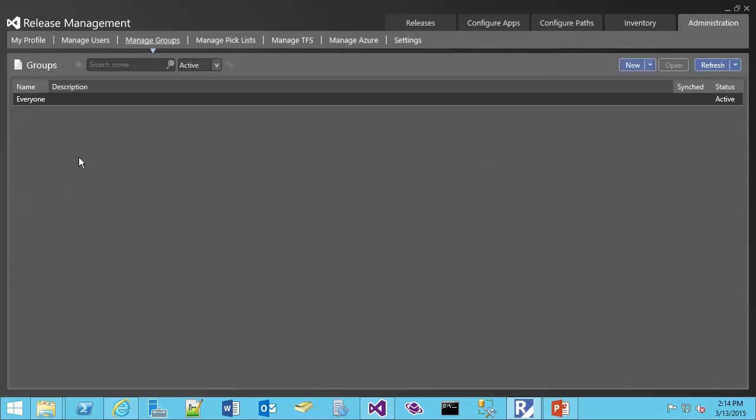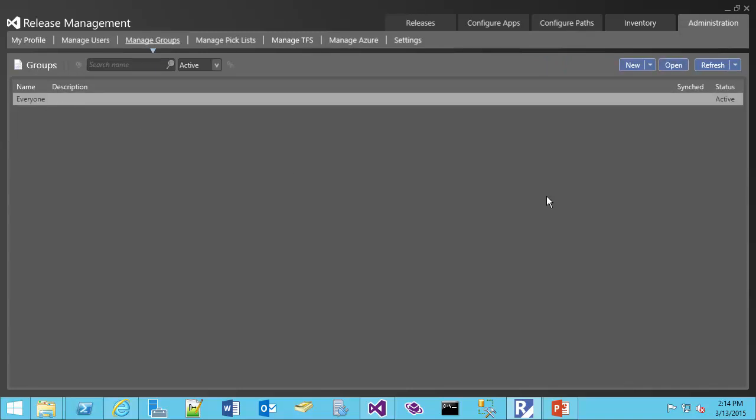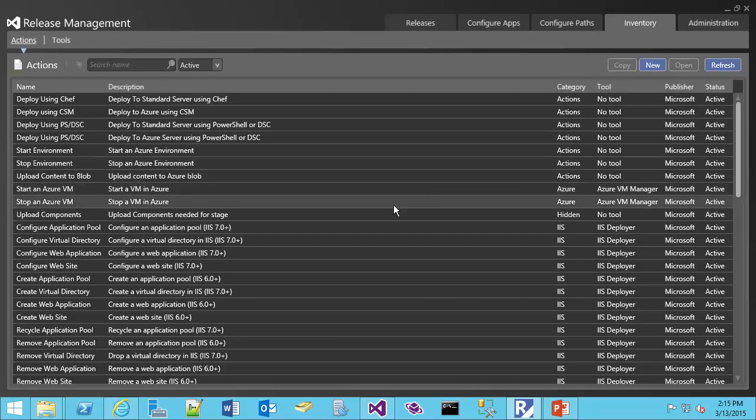Then I can actually create some groups. So there's the everyone group. I can actually add some AD-based groups. So if I need to bring a bunch of people from an AD group, I can do that over here as well. The inventory section is a list of all the actions and the tools that are